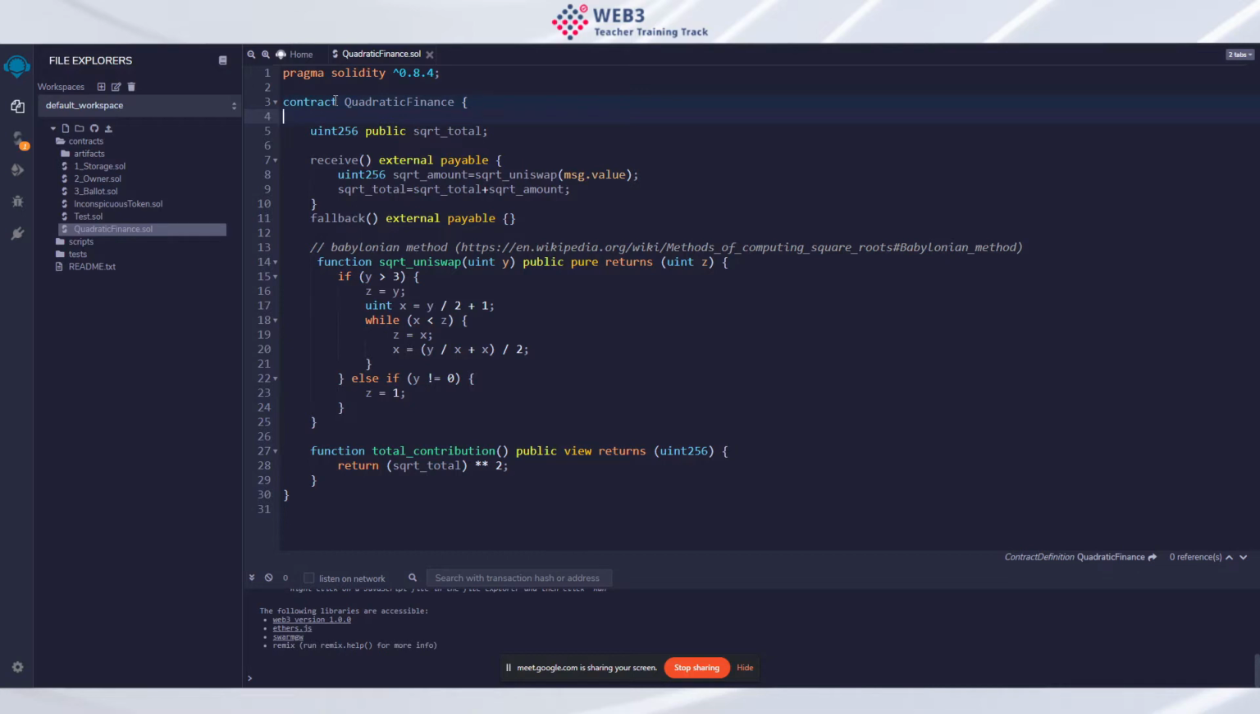Yeah, so the idea is this contract receives money, and it will calculate the total amount as the square of the sum of the square roots of all the donations. So basically, this is the quadratic funding scheme that is used by Gitcoin, and Vitalik is also one of the people who developed this algorithm. But anyway, it's a little bit hard to explain, but I'll just show you